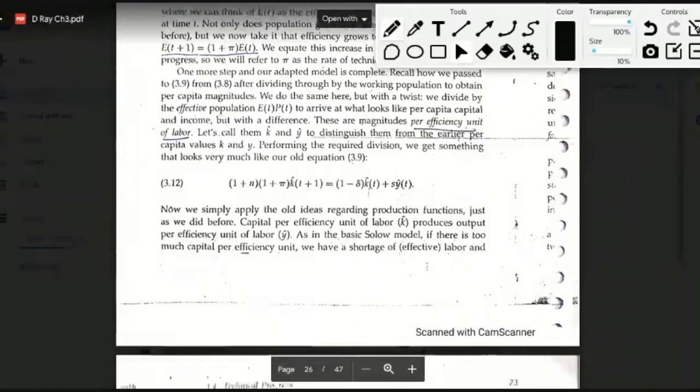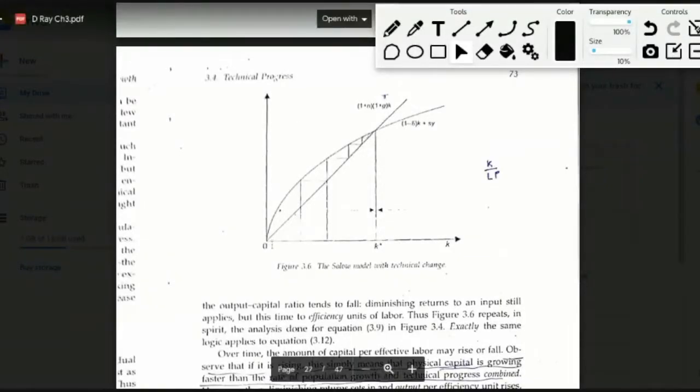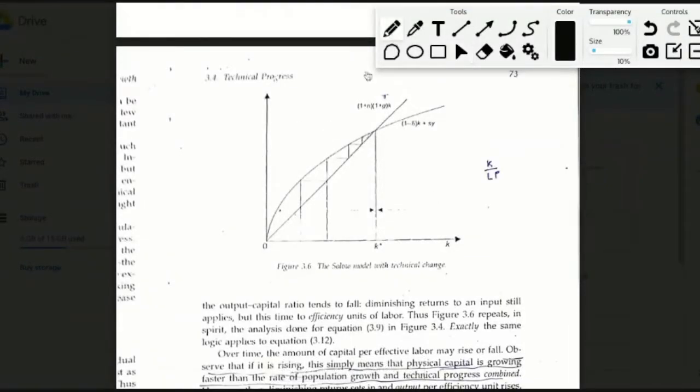The interpretation will change slightly. So if you go back to the basic traditional graphs of the Solow model, where you have the right hand side as the curve here and the left hand side is demonstrated as this line, notice that now instead of 1 plus n, you also have 1 plus pi. There's some error here. It's written 1 plus g, but it has to be 1 plus pi. There's some printing error here, so just note that it's not g, it should be pi.